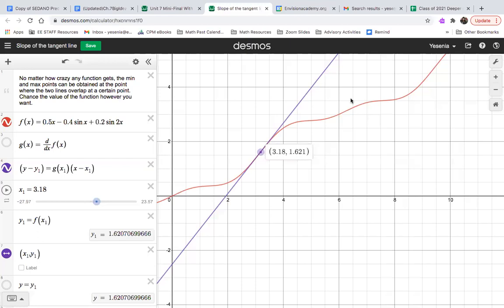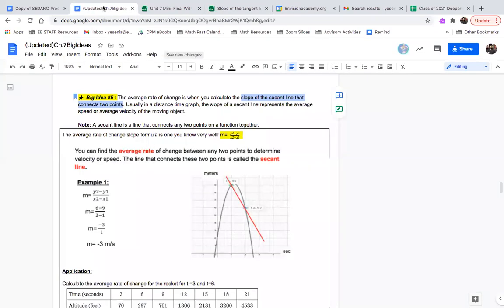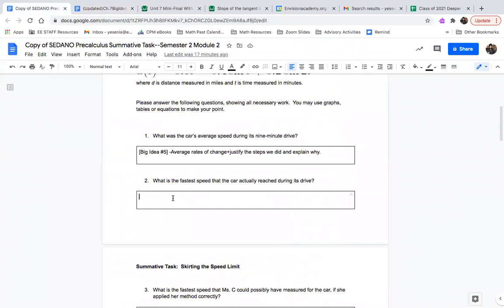Now, I don't think we talked about steep slopes in our big ideas packet, but I would recommend that you use it. So right here for number 2, you want to reference the fact that the steeper the slope, the faster the speed, because that's the thing that's helping us determine at what location. So we determined at 3.18 comma